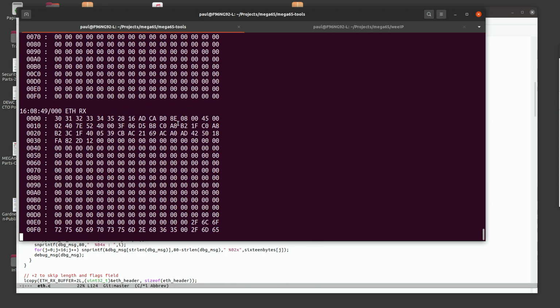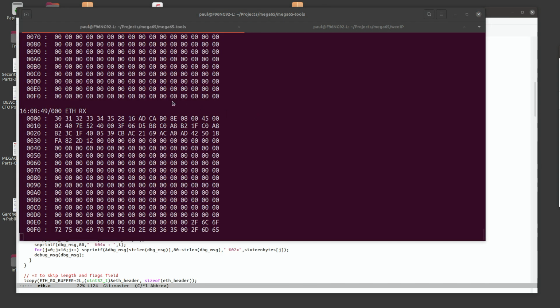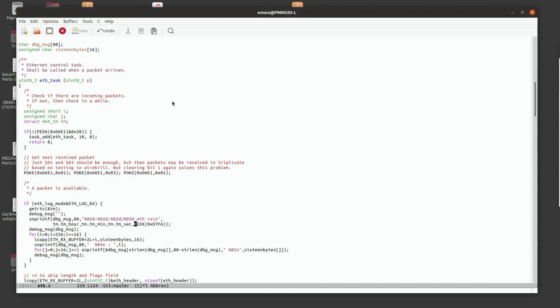Oh, that's quite curious as to why that's not. Let's read that. Let me actually just try. What I'm going to do is we won't peek it that way. We'll do an L peek on the full 28-bit address,